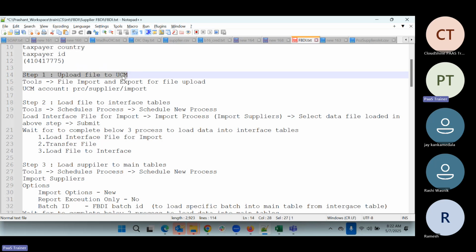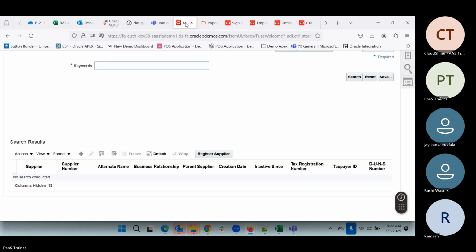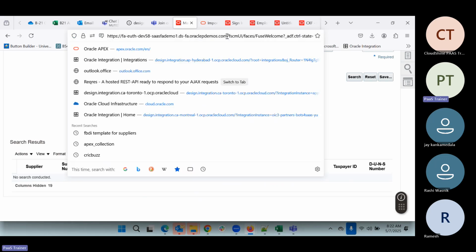So what is this UCM? UCM is nothing but the Universal Content Management. Whatever files we upload into the Fusion will come and get uploaded here. So how can we access that content server? We can use this URL,